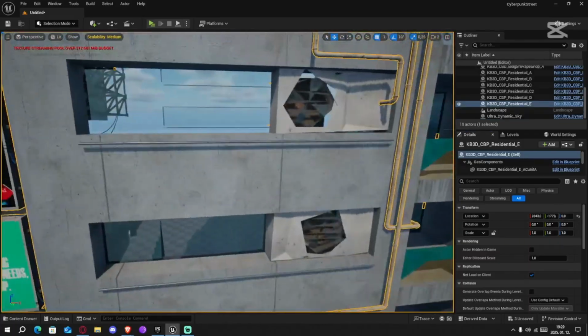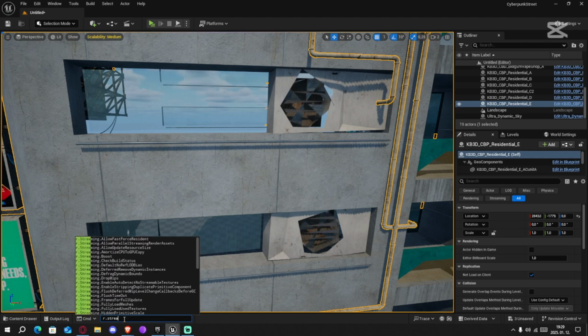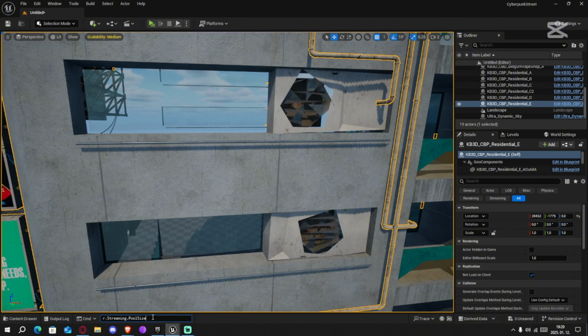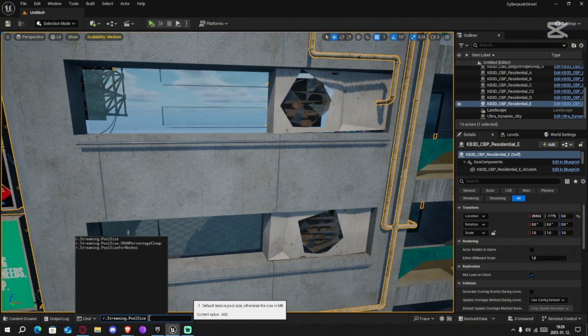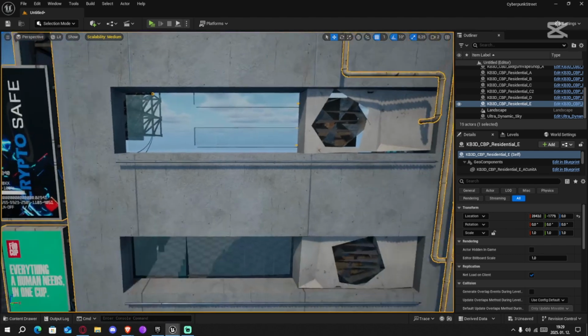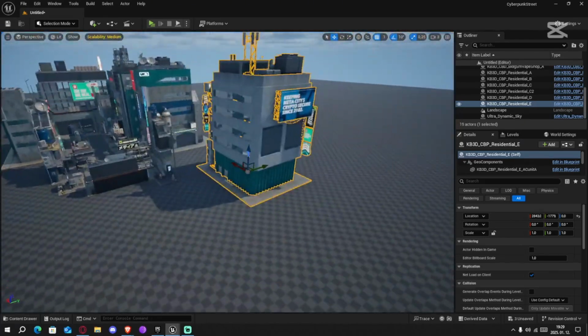Okay, so as you may have noticed, our streaming pool size has been exhausted, so you are going to come here and type in r.streaming.poolsize, and this is going to ask for a value in megabytes. So if you put in 2048 like me, it is going to increase the texture streaming budget to 2 gigabytes, so this